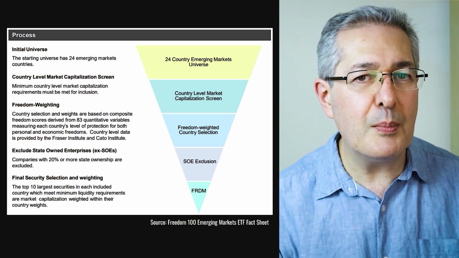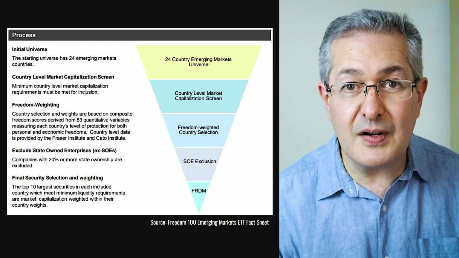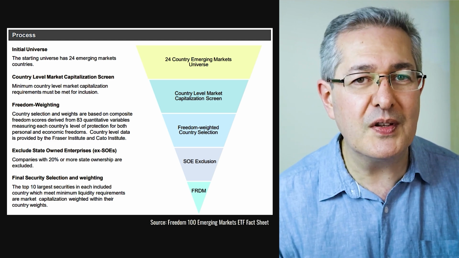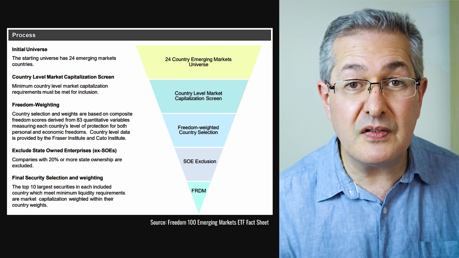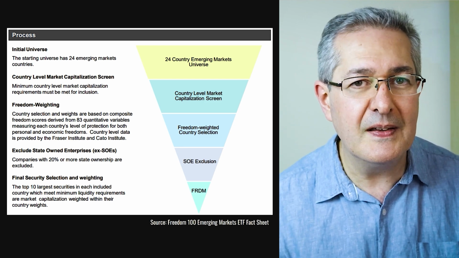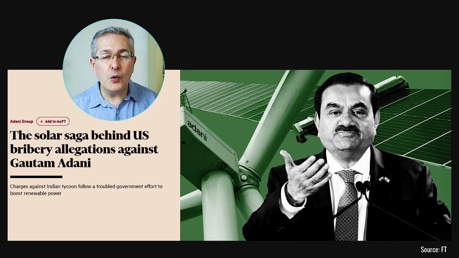But then they filter by freedoms. What do I mean by freedom? Well, in this case, it's personal and economic freedoms, and they have many different scores for that, 83 quantitative scores, which allow them to rank countries. They also filter out state-owned enterprises, which it has to be said there aren't many of in India compared to China, say. The end result of all that filtering is that India's not listed in the Freedom Index at all. So I personally think that's a bit of a red flag when it comes to investing in a country, particularly in EM. Now, another hallmark of investing in EM, one of the risks, is corruption.